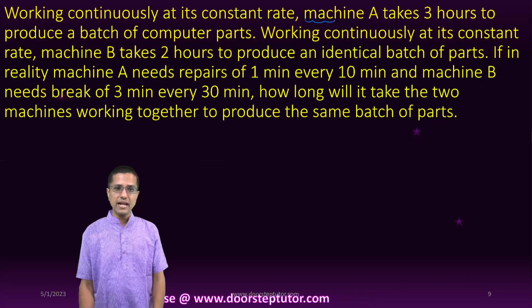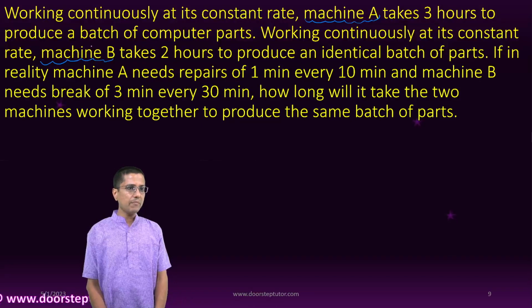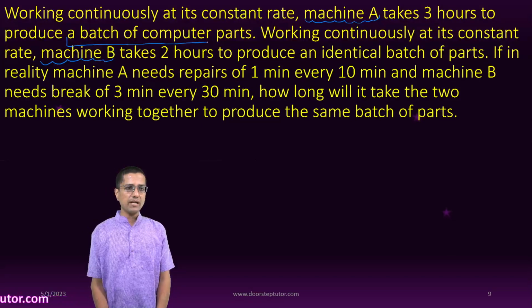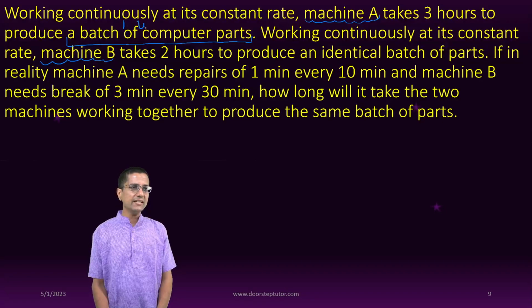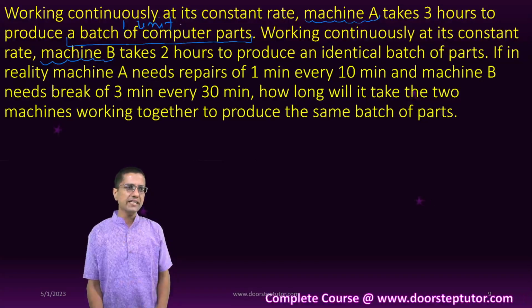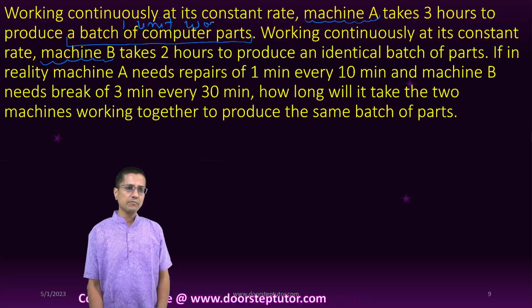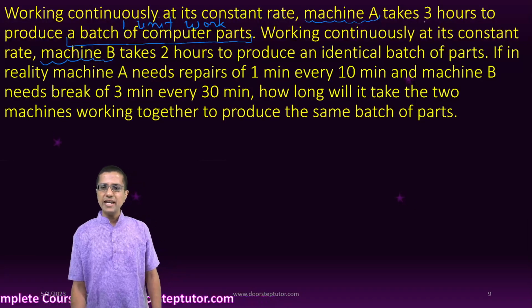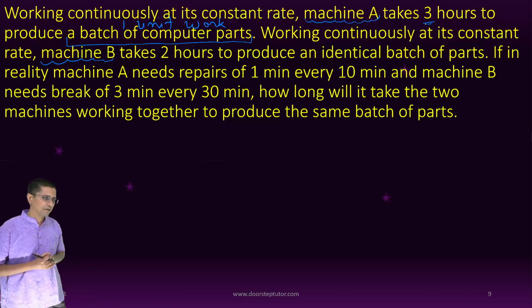So here there are two machines, machine A and machine B, and they are producing a batch of computer parts. This entire batch of computer parts, we will just say is 1 unit of our work. We are not concerned about what this batch contains, maybe it's 30-40 parts. We don't go inside this batch, but we just say that this is just 1 unit of work. So we'll say that machine A takes 3 hours to complete 1 unit of work,